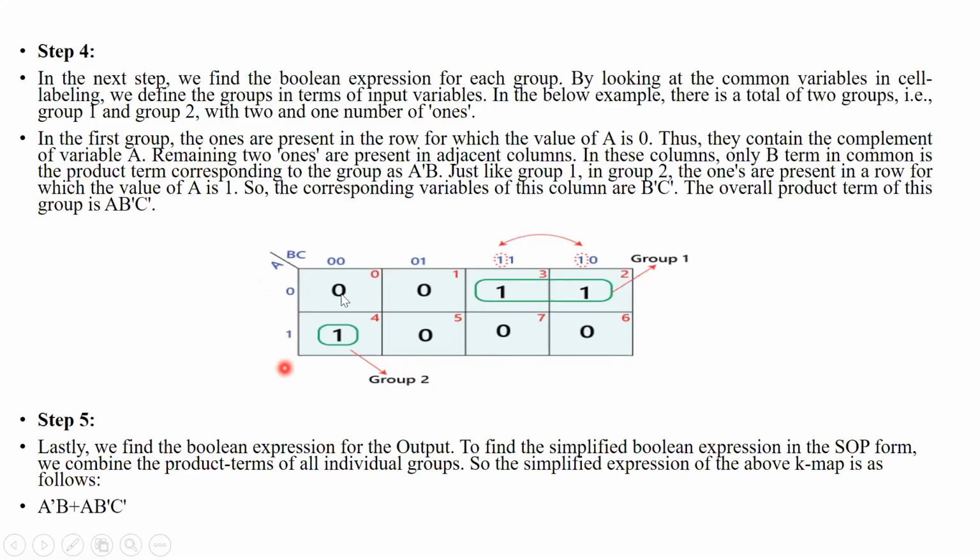So A is 0, 1. This is what I had told you: first you will write this, then you will write 0, 1. Then you will write 0, 0, 0, 1, 1, 1, 1, 0. Seeing the question that was given to us, suppose I made all these entries. This is M0, M1, M2, M3, M4, M5, M6, M7. Suppose in the question they gave M1, M2, then for that they have written it, and you can write on the top corner with small letters. So this shows you the mean term. And suppose only 3 expressions were there in the canonical form, so in their place I have entered 1, 1, 1. Okay, so my entry is done.